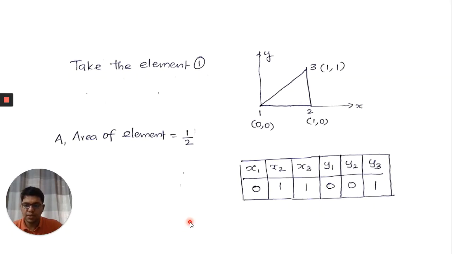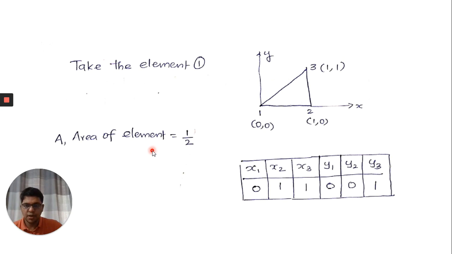Now we are going to find the stiffness matrix of an element. So we take the first element here. You can consider a coordinate system, which can be a local coordinate system. You can consider any coordinate system. Suppose I am considering a coordinate system where the origin is represented by the first node. Then I can write the x and y coordinates of each node. The first local node is represented by 0, 0. The second local node by 1, 0. The third local node by 1, 1. So that means I know x1, y1 of node 1, x2, y2, the coordinates of node 2, and x3, y3, the coordinates of node 3. I made a table here and represented x1, x2, x3, y1, y2, y3.